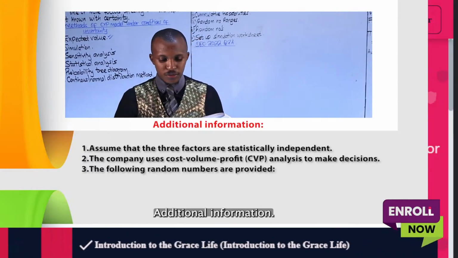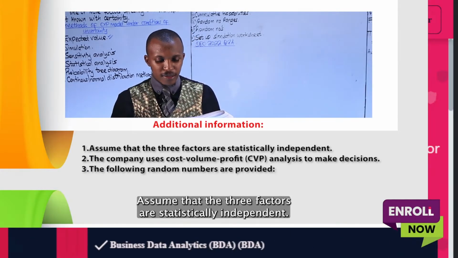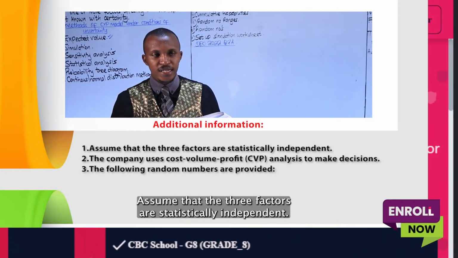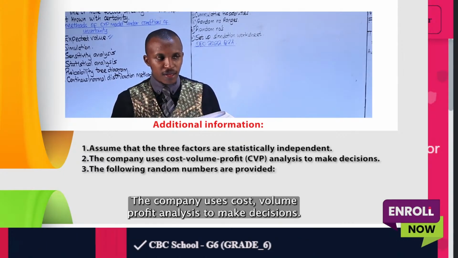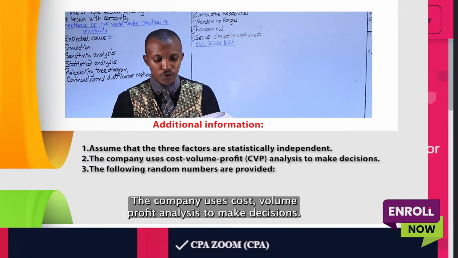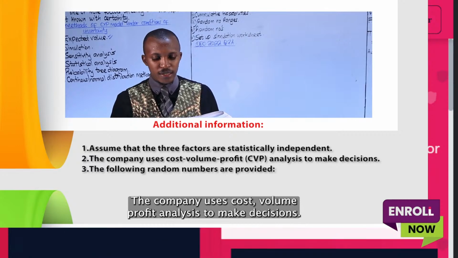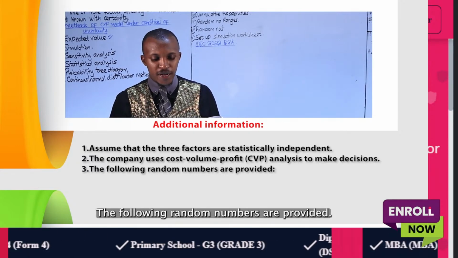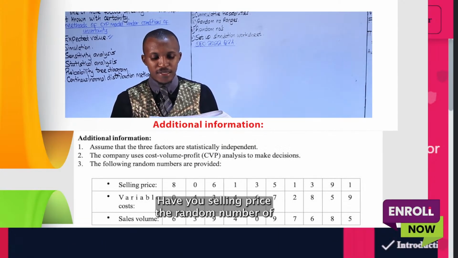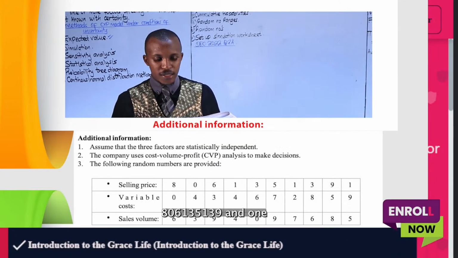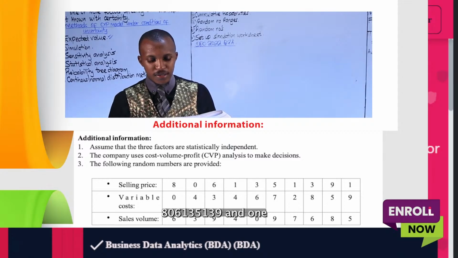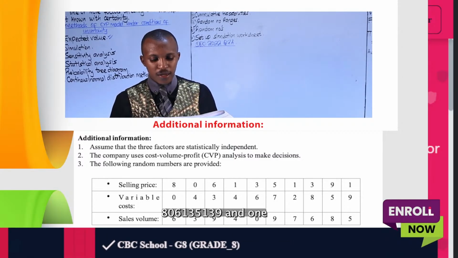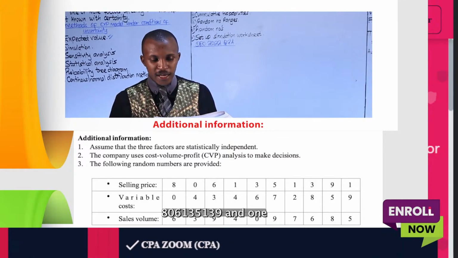Additional information. Assume that the 3 factors are statistically independent. The company uses cost, volume, profit analysis to make decisions. The following random numbers are provided. You have your selling price with random numbers of 8, 0, 6, 1, 3, 5, 1, 3, 9, and